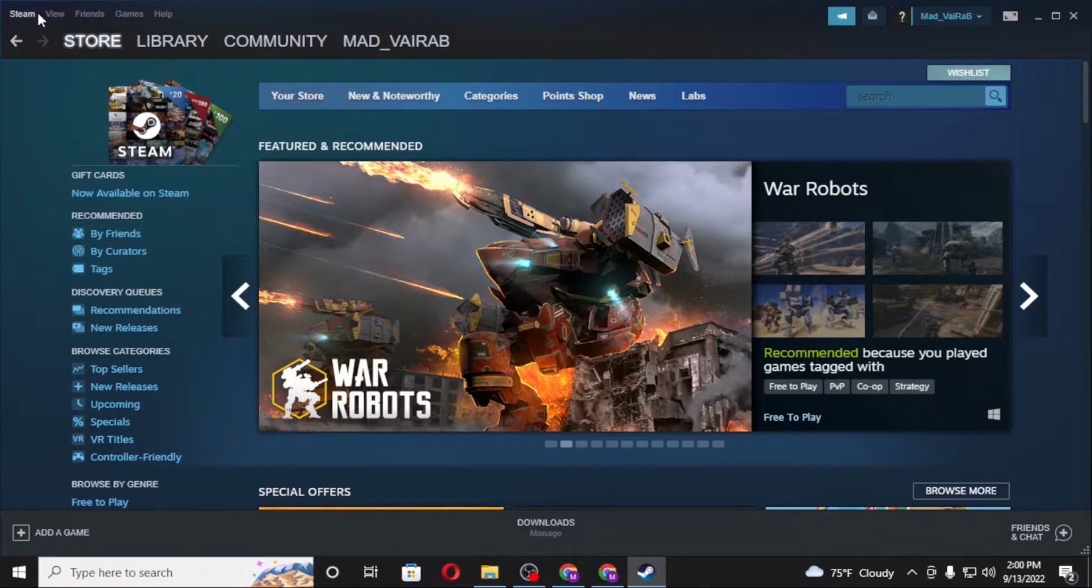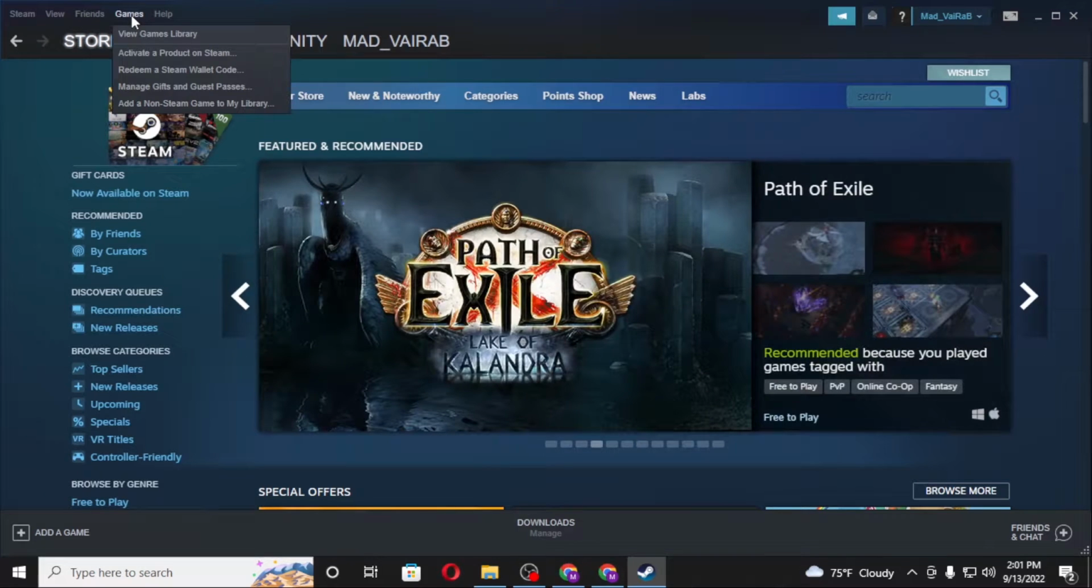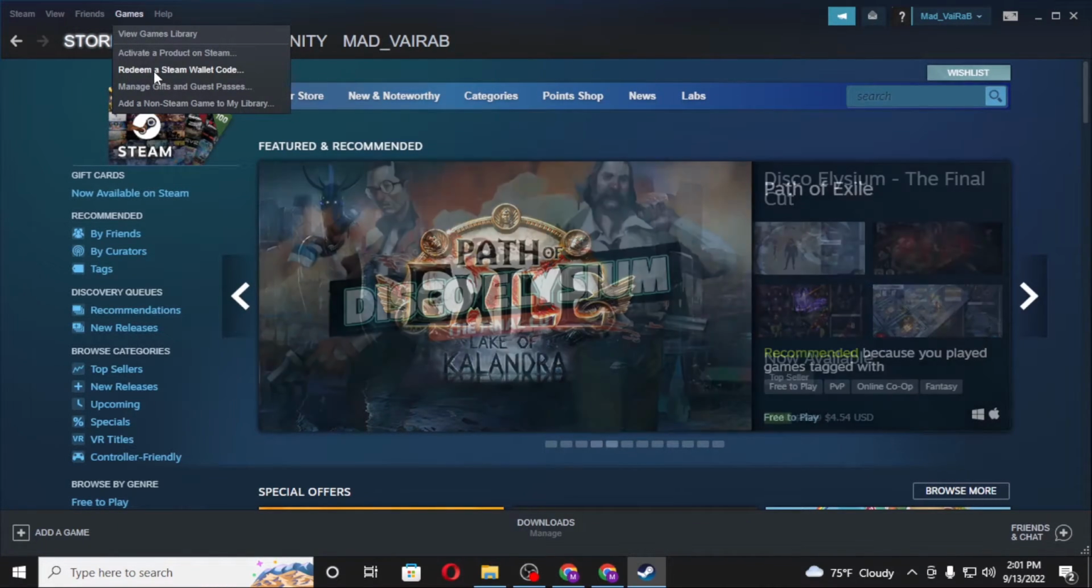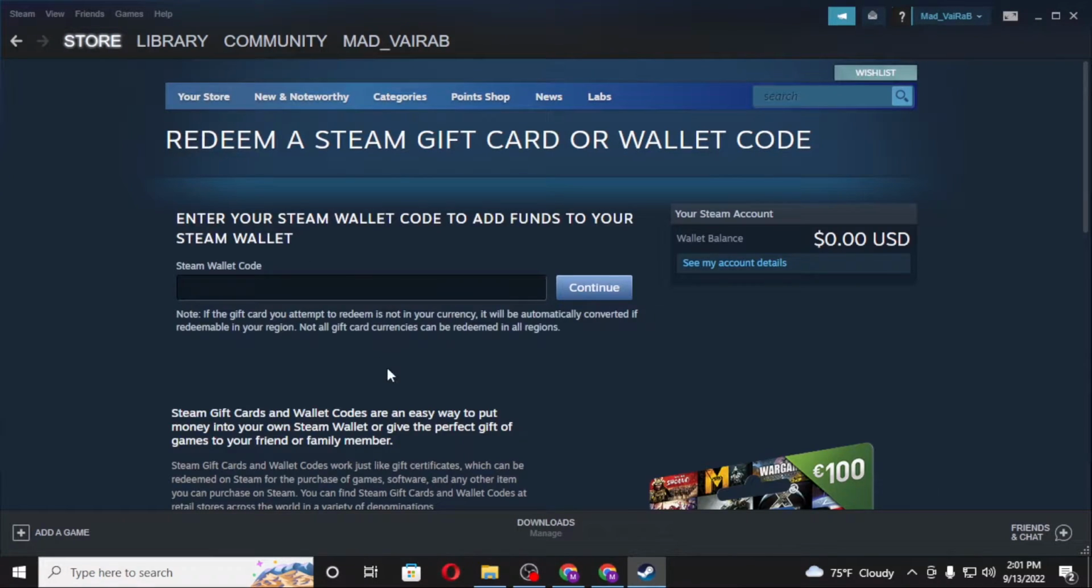There is the Steam, View, Friends, Games and Help option available at the top of the screen, and when you hover or click on Games, there is the redeem a Steam wallet code option available over here. Click on redeem a Steam wallet code, and after that you will be required to enter your Steam wallet code over here. If you have the card or the Steam gift card, then the code will be available at the